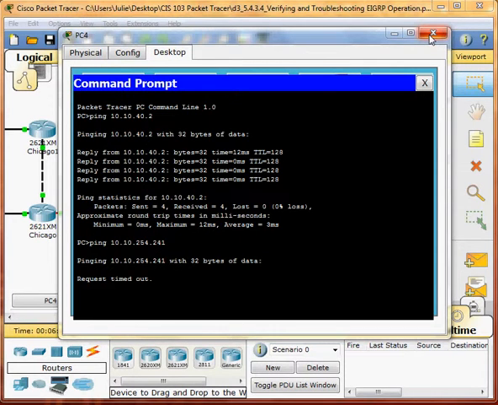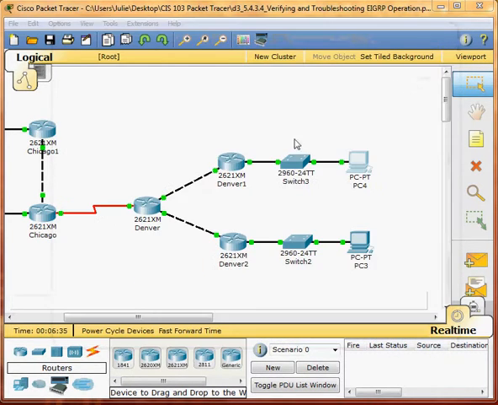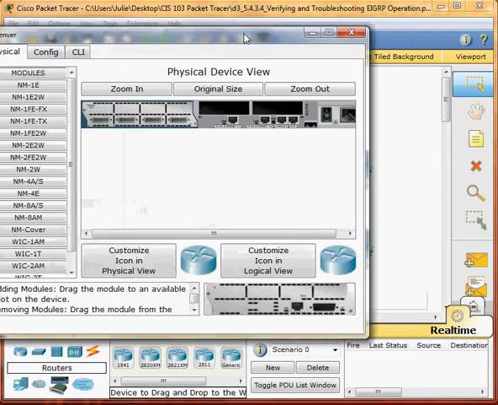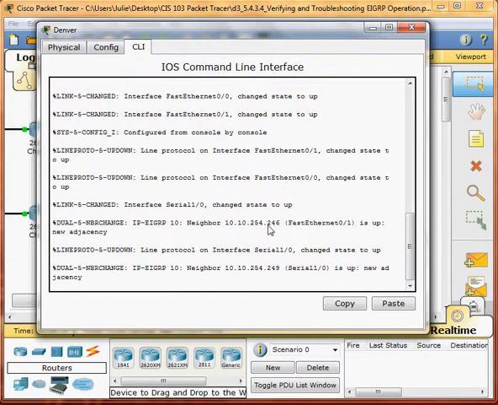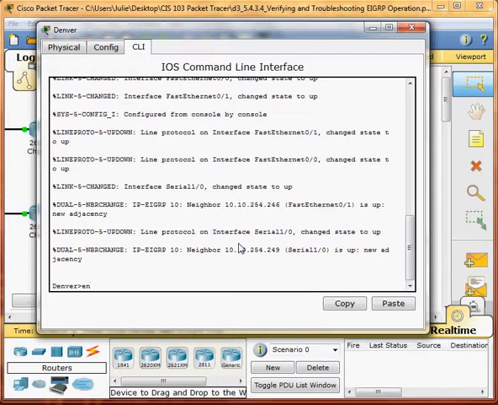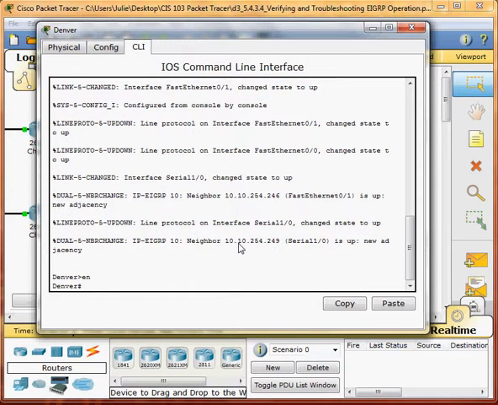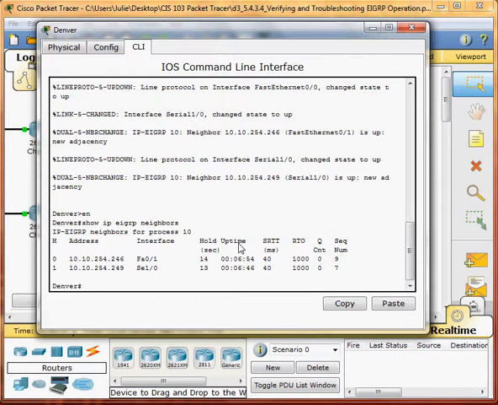Now I have to go to the Denver router, and in privileged mode, enter the show IP EIGRP neighbors command, and this is showing. Now I have to look into the configuration by show run config.